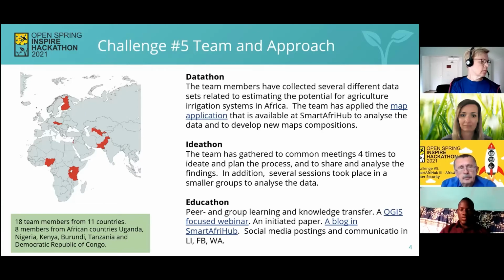Another component or approach is the Educathon, whereby we combine different learning tools and sessions and train different individuals or members in this group, in this challenge, on use of different tools such as geospatial analysis tools and different communication tools in different platforms. Next slide, please.